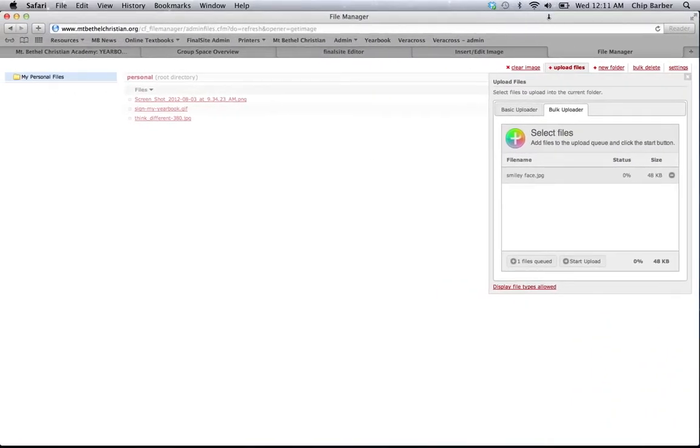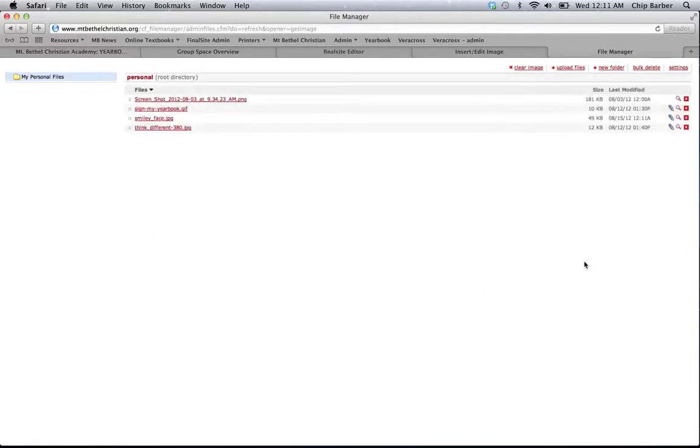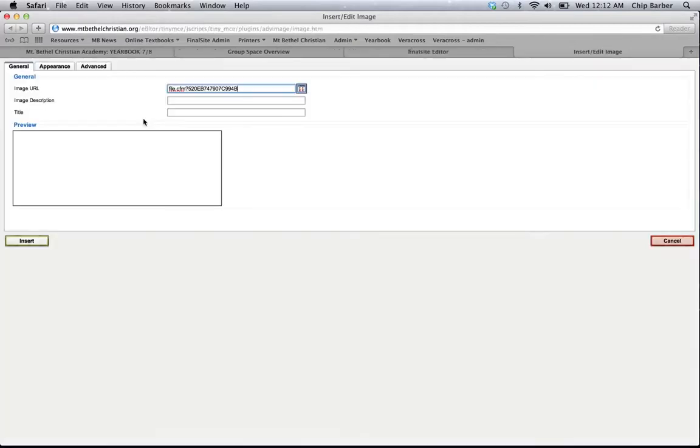Once you have the picture there, simply click Start Upload, and now the smiley face is put into my personal file. Since I know I want to use that file, let's go ahead and select that file. Now you'll see that picture is in there. But in the preview, you notice that that picture is huge. Simply go into